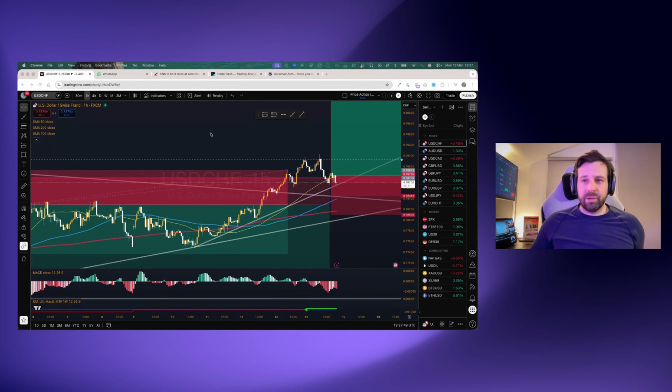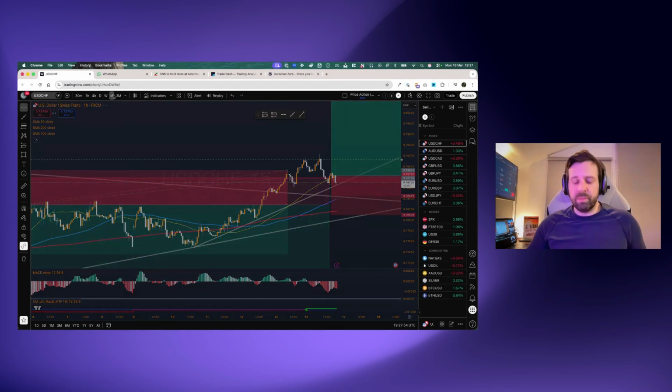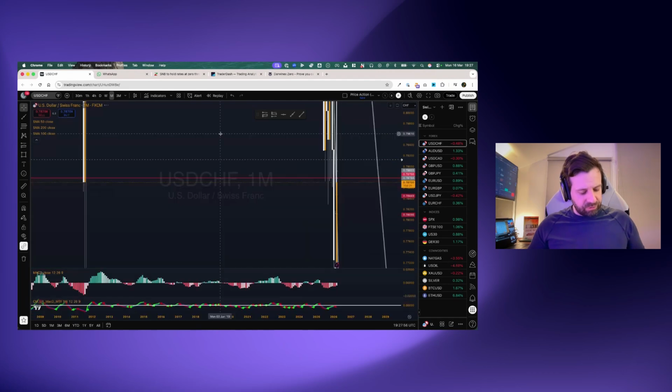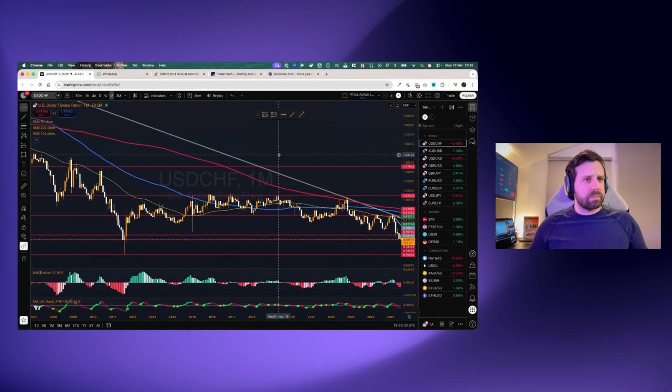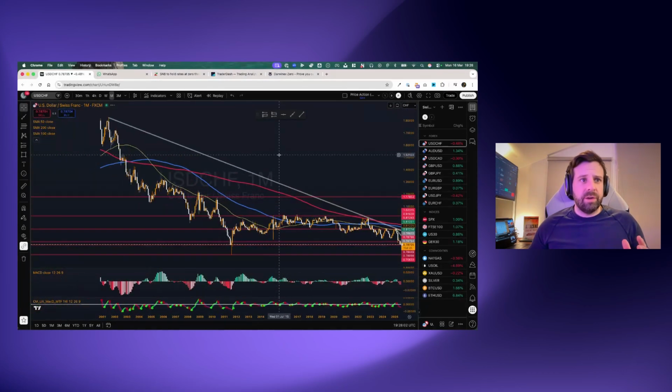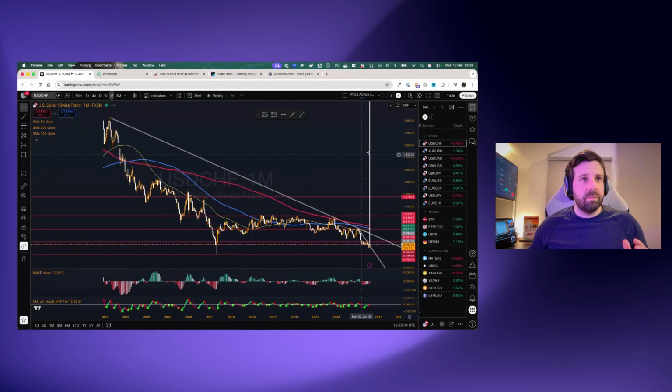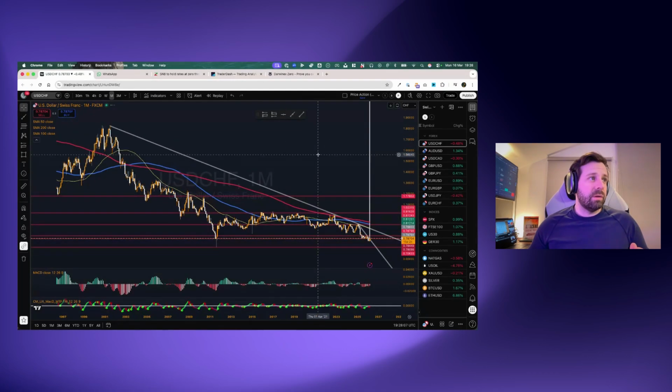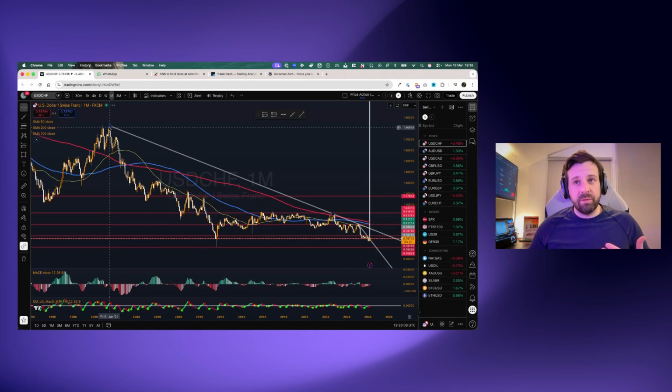So let's just have a look at the chart. I'm just going to switch my screen. So here we go. I know this looks like quite a messy chart, but do bear with me. Let's just take a jump out to the monthly chart because this is where I always try and start. So let's start by just looking at the general trend and how it's been for the last few years. Well, going all the way back until 2001, it's been going down, all the way down,